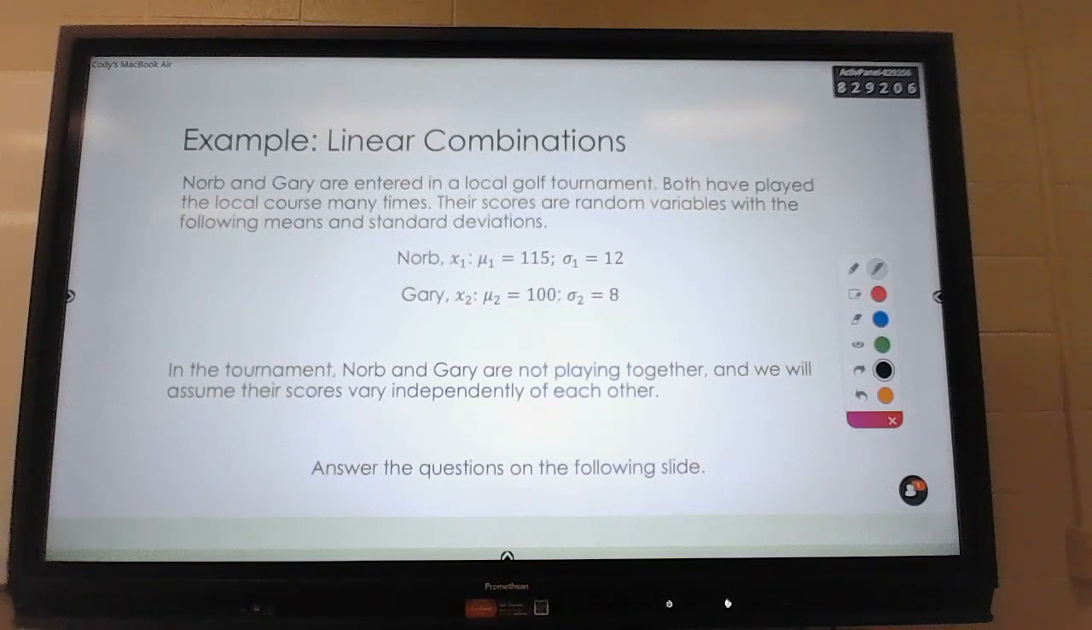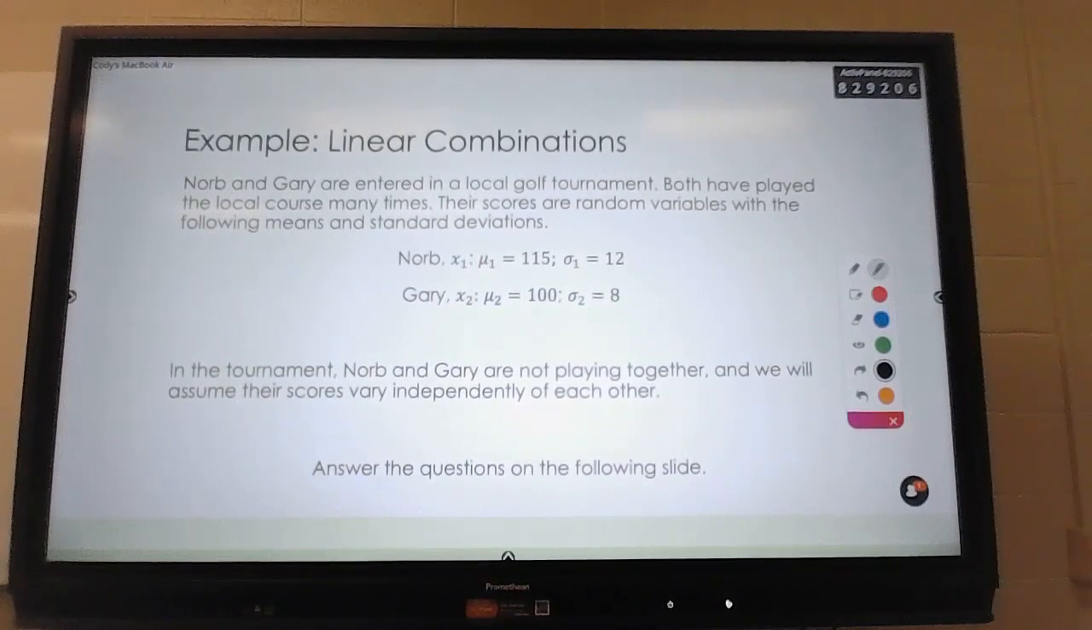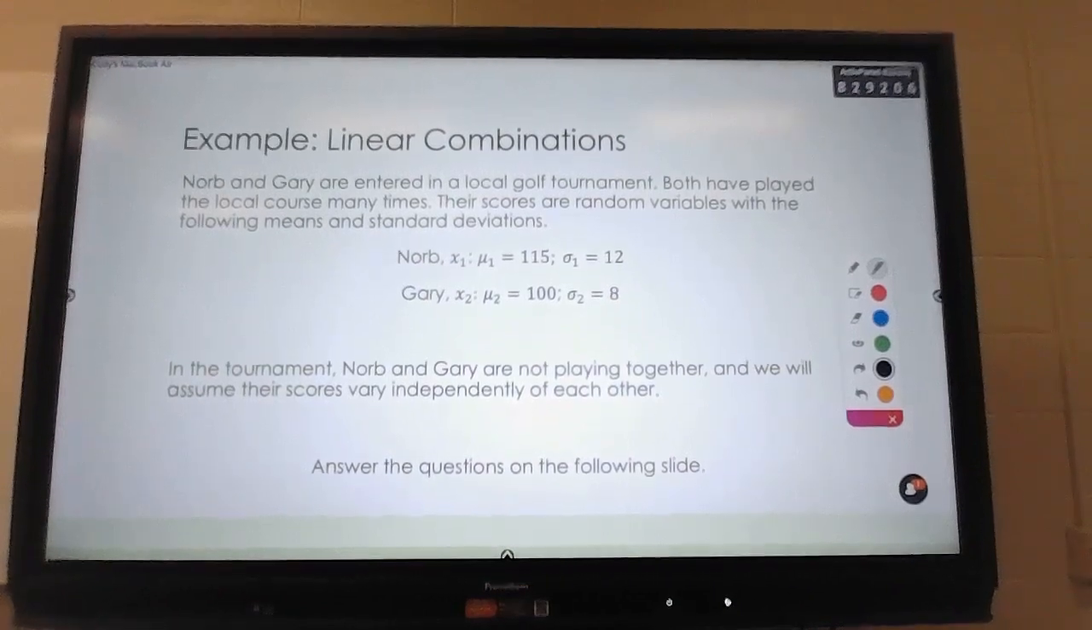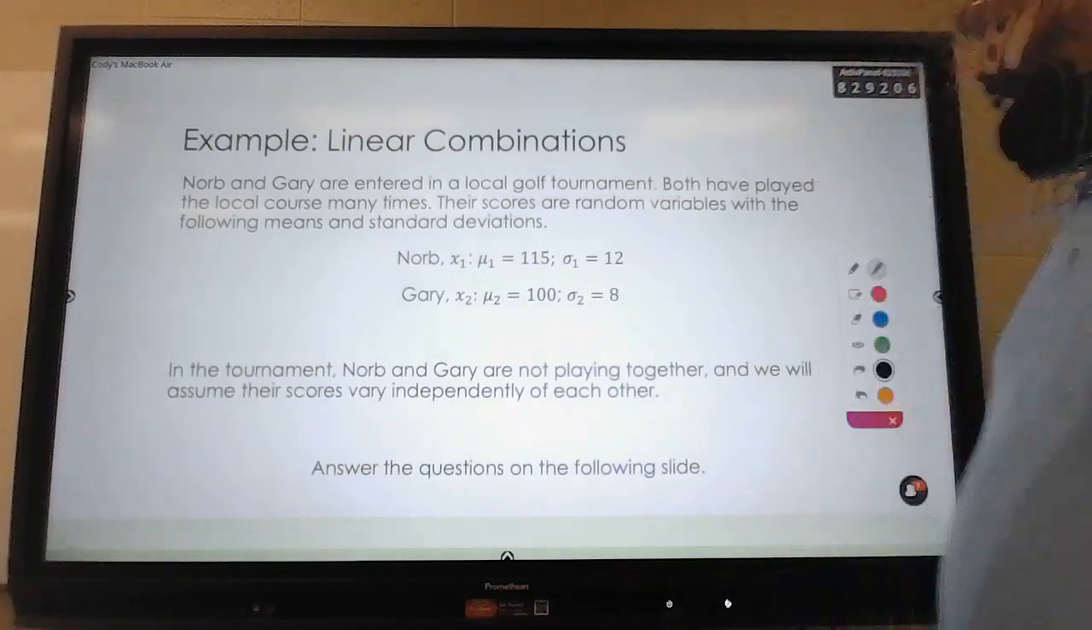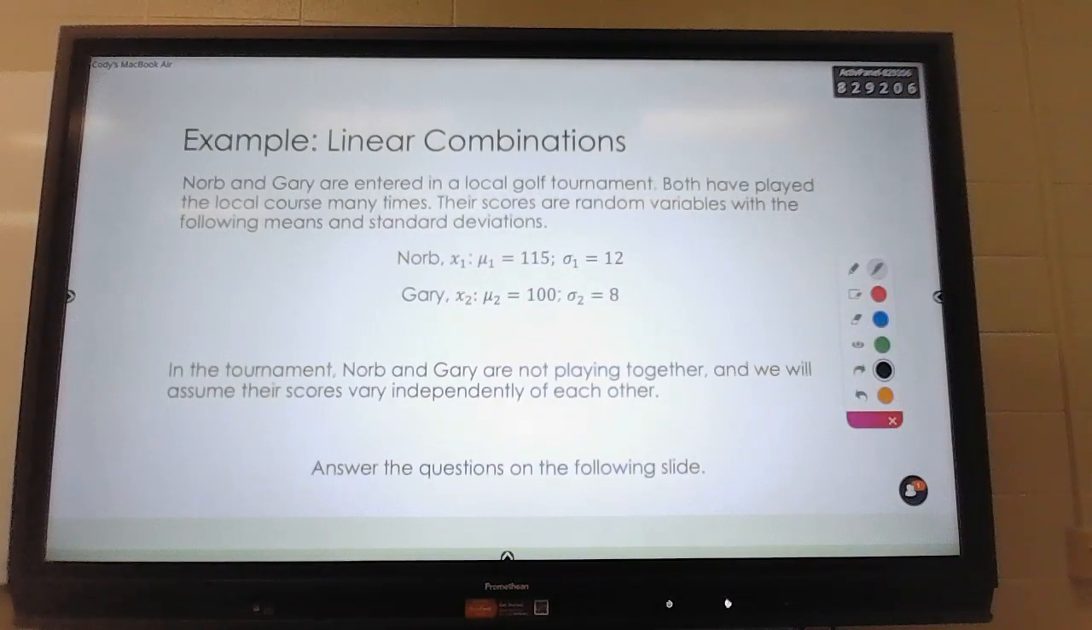Okay, so Norb, his expected value is 115. His standard deviation is 12. Gary's expected value is 100, and his standard deviation is 8. Now, judging by the way the golf is played, and judging by the expected value and standard deviation, it seems like Gary is the better player. In golf, it's the lowest score that wins. And if you look at his standard deviation, it's smaller than Norb's, which means that his scores are more consistent